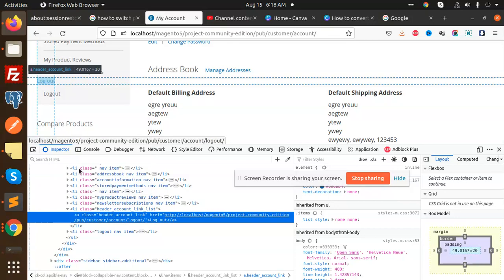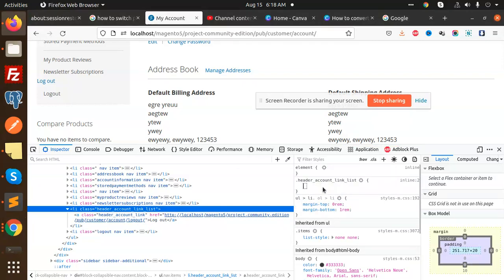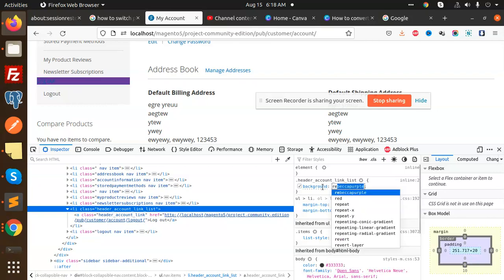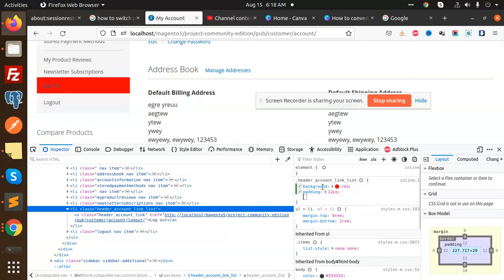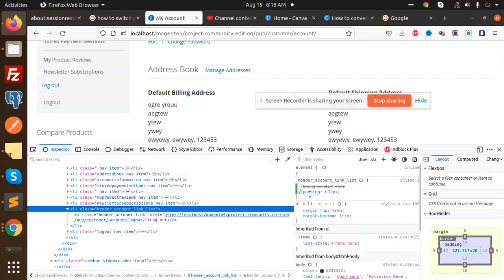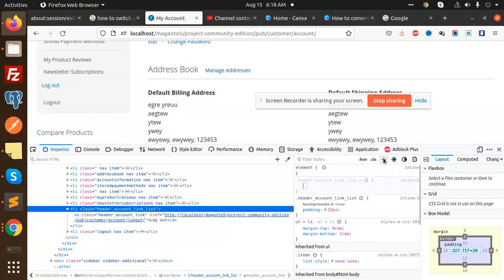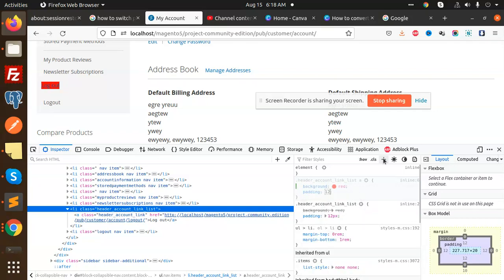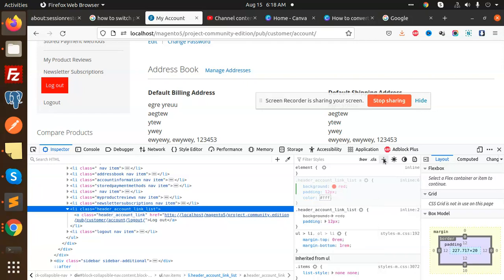So here we have this part logout, and we have the customer account link list. Okay, so here I can modify it accordingly. Background red, padding 12 pixels, and here we are not going to add this background. We will add this as a background on the anchor tag. Background red, padding 12 pixels, color hash fff,